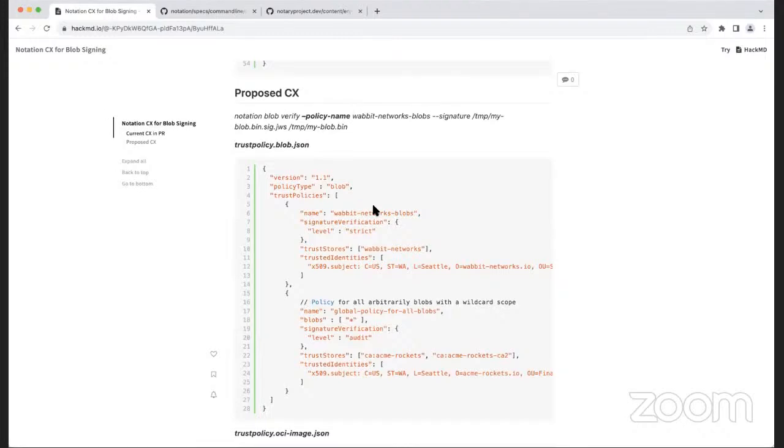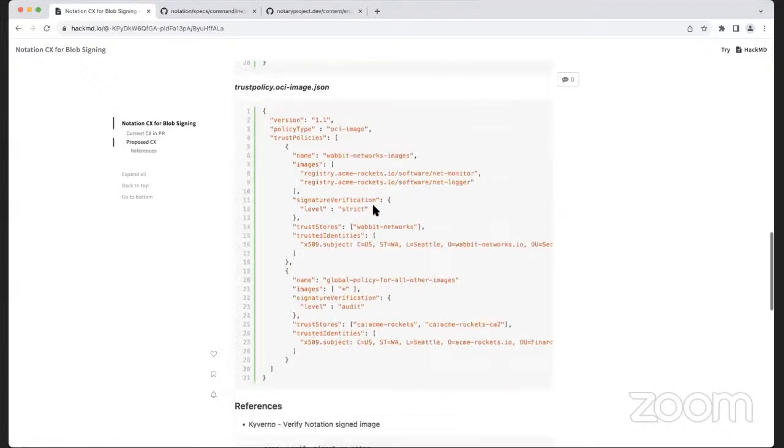I think having the policy type defined as part of the JSON still helps. For example, when you're doing import or any other operations, you're not relying on the file extension. I'll think a bit more about it and see if it is redundant. The images and blobs: images is still required, at least in this case, where you're saying for these prefixes this policy should be applied.